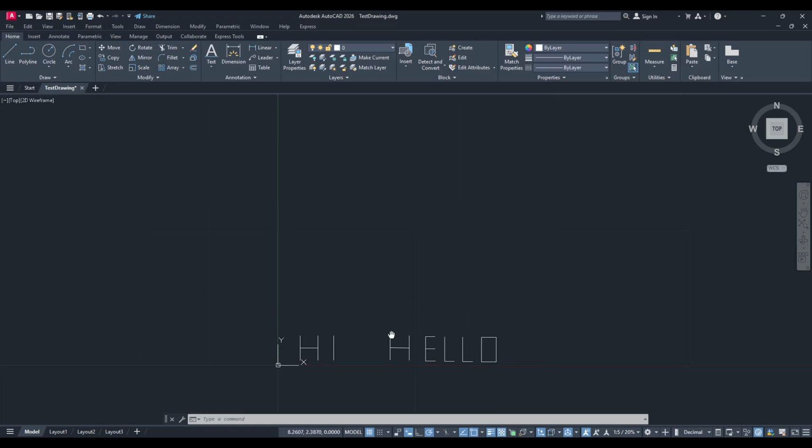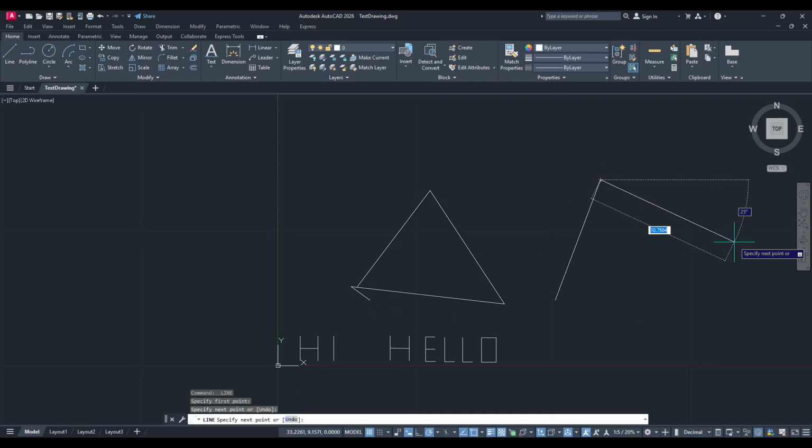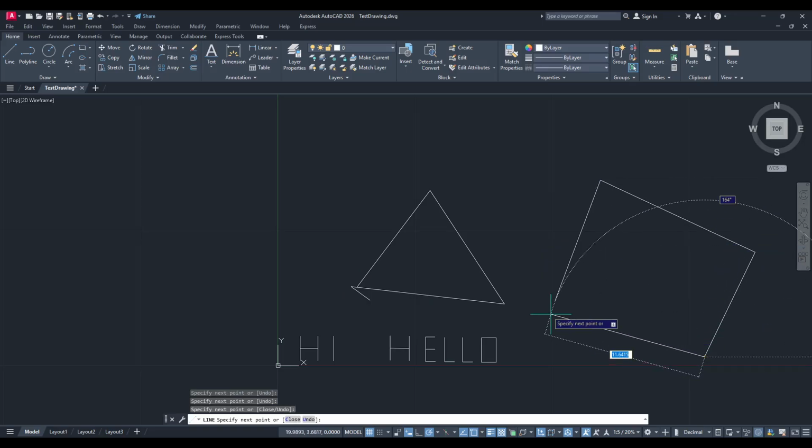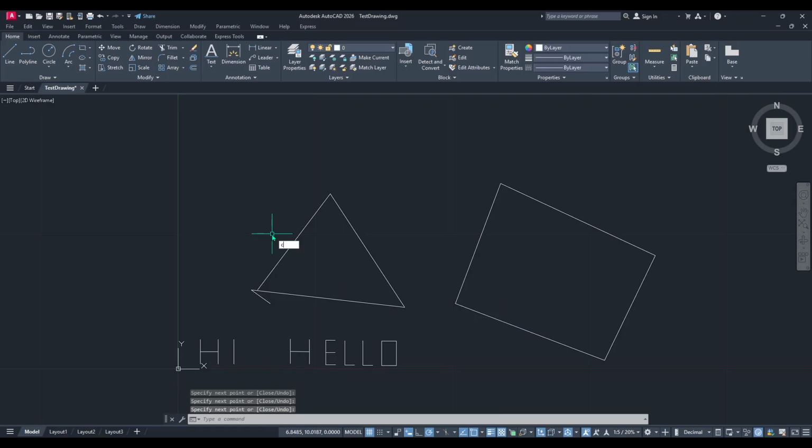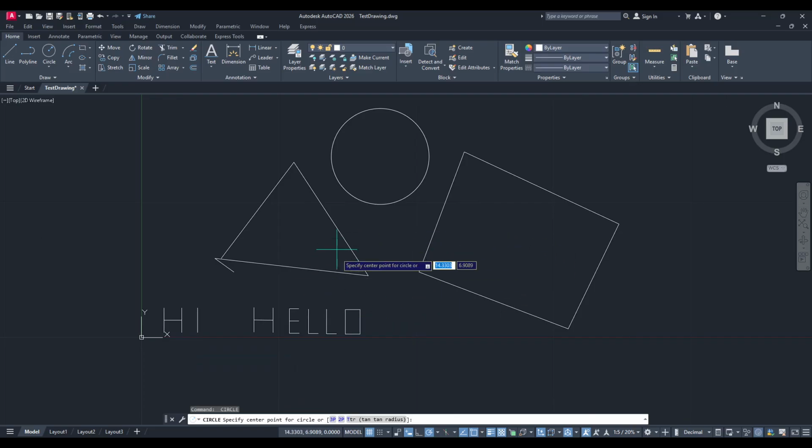Within moments, you'll find your view adjusted perfectly to encapsulate all parts of your drawing, so you won't have to worry about finding individual pieces scattered around the screen. And just like that, you're back in control, seeing your entire drawing space as it was intended. This trick not only saves time, but also reduces the frustration of manually navigating through the workspace to find missing